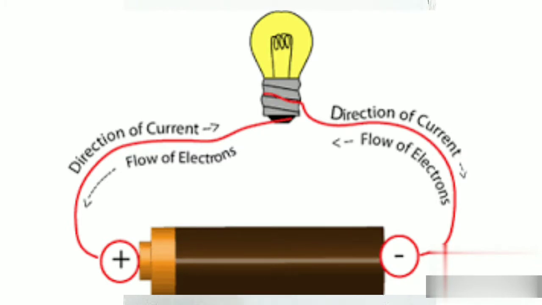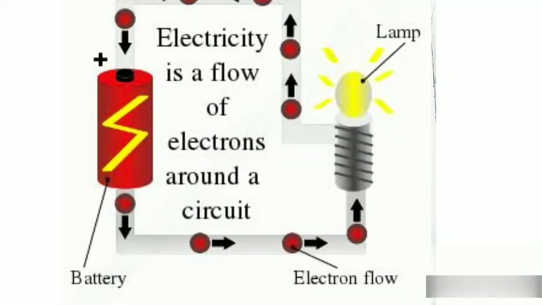Electricity is basically, in physics, we call it electric current. And what is electric current? Electric current is nothing but flow of charges. Electric current is the amount of charge flowing through a particular area in a unit time. This is a definition. That is the rate of flow of electric charges. Most of the time electricity is caused because of the electrons.